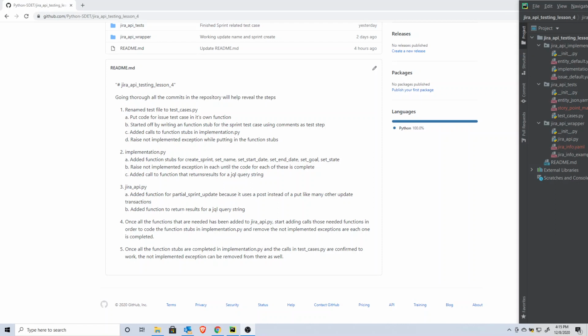Hello, this is lesson 4, where I'm going to demonstrate how to add new test cases to the API test automation framework that's been set up in the first 3 lessons. First thing I'm going to do is rename the test file to test cases, because we're not just dealing with issue tests anymore. And here's a list of things that we'll go through. Renaming the file, putting code for the issue test case into its own function,